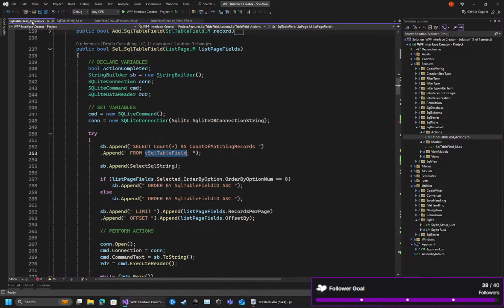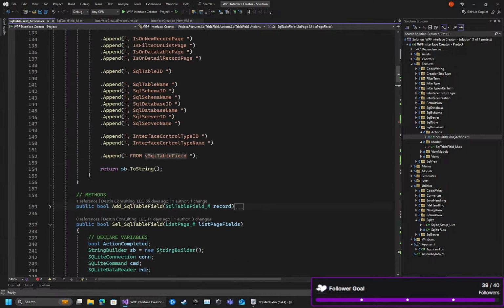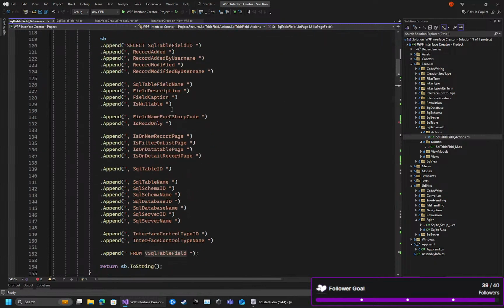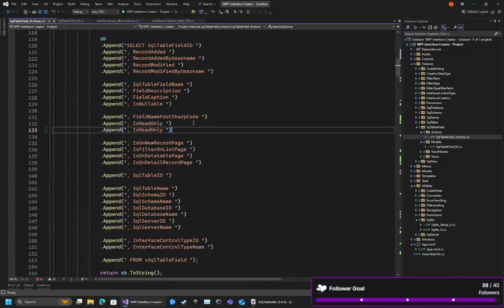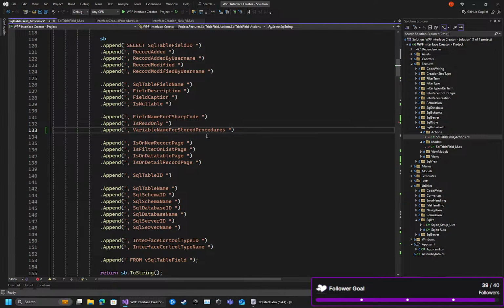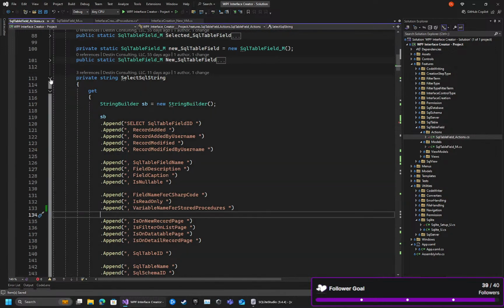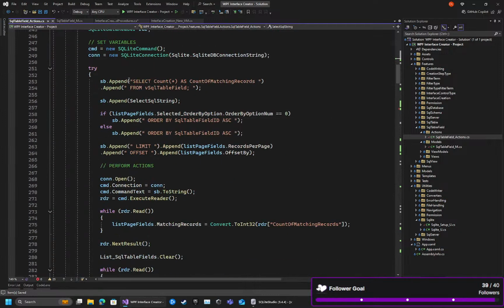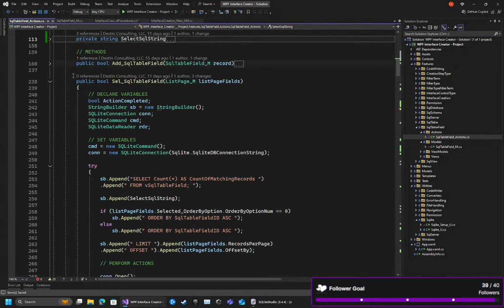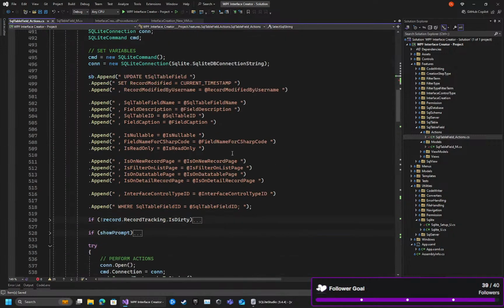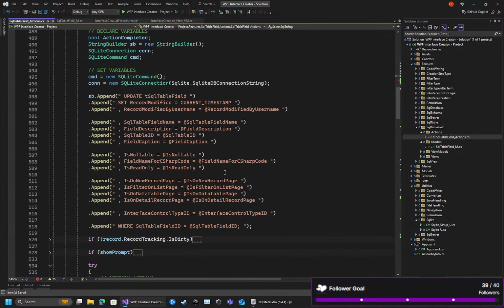Save that. So inside of our actions, when we have our selection query here, select SQL string, has the field, nullable, C# code, all of that fun stuff. So we're just going to put this in the standard fields. There we go. Variable name for stored procedures. So now we'll obtain it. And that'll happen during the select statement. That'll happen everywhere else. Still need update. So that means